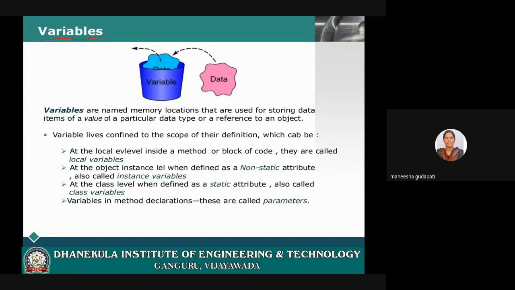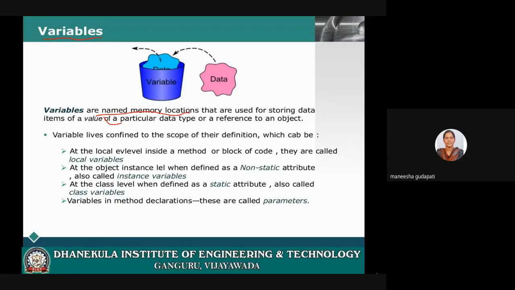Again, I am asking, what is the need of variable? You already studied it in C. What do you mean by variable? A variable is nothing but a named memory location.